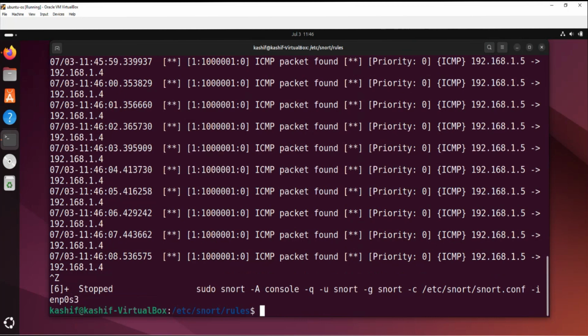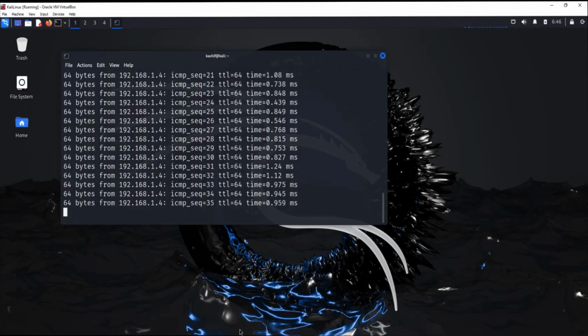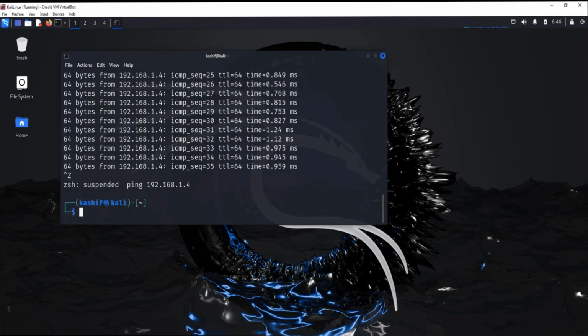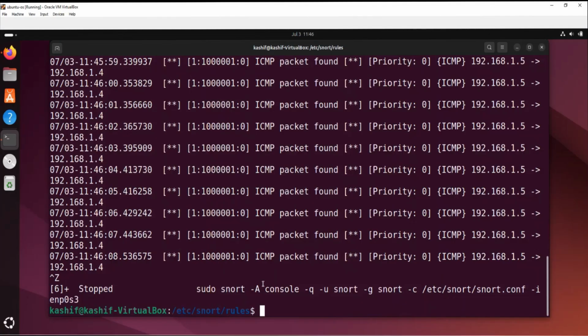So you can just close this from here, and you can also stop that pinging by using Control Z. And then this is the first thing which we created. Now I'm adding the second rule in the local file, which I already explained to you. That is a reject ICMP rule, and you can compare these both rules and their impact and their